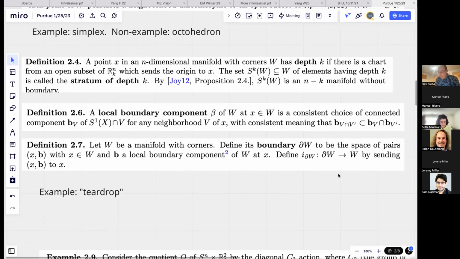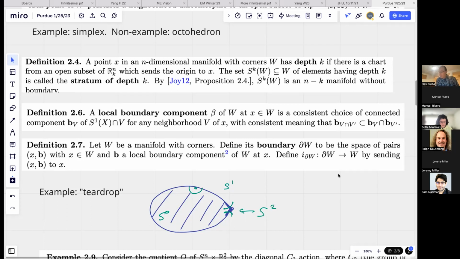The definitions are there if you want to stare at them, but I'm going to talk through them here. So here's a subset of R2 that's a nice manifold with corners, right? You can even imagine this as an exact right angle. So we have these strata. This interior here is what we're calling S0. This is S1, and S1 is all of those things. These are things with neighborhoods that are half spaces. And then finally, S2 is this point here.